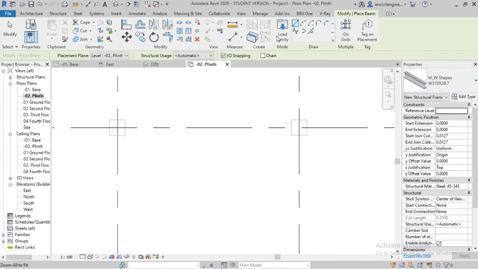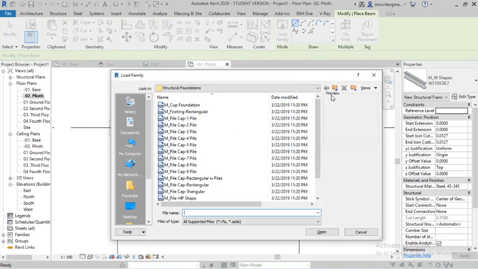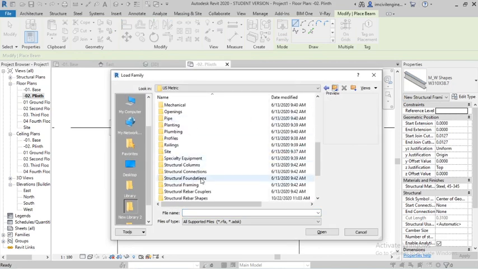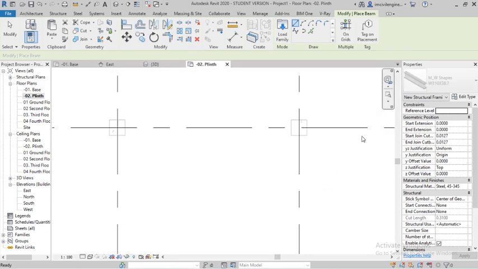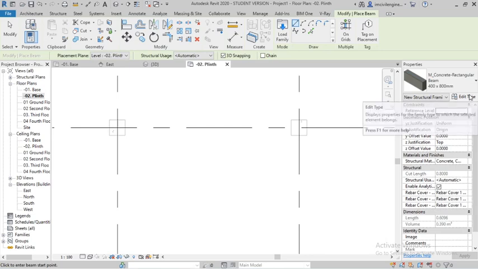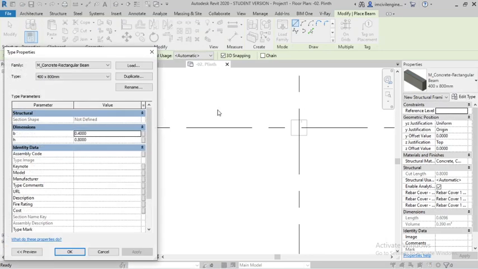Before that, I will load the families. Structural frame member. Here's the option called structural framing, concrete beam and concrete rectangular beam. Okay, then I will change using the properties bar.